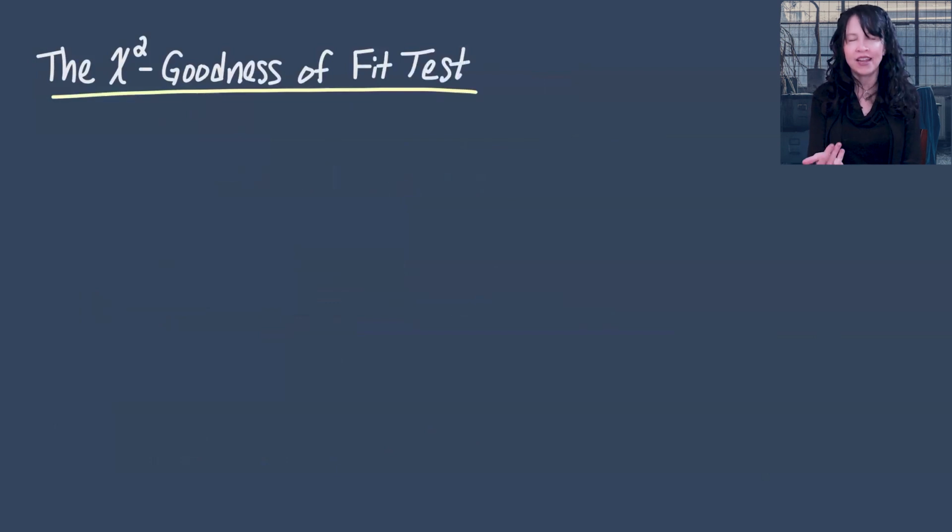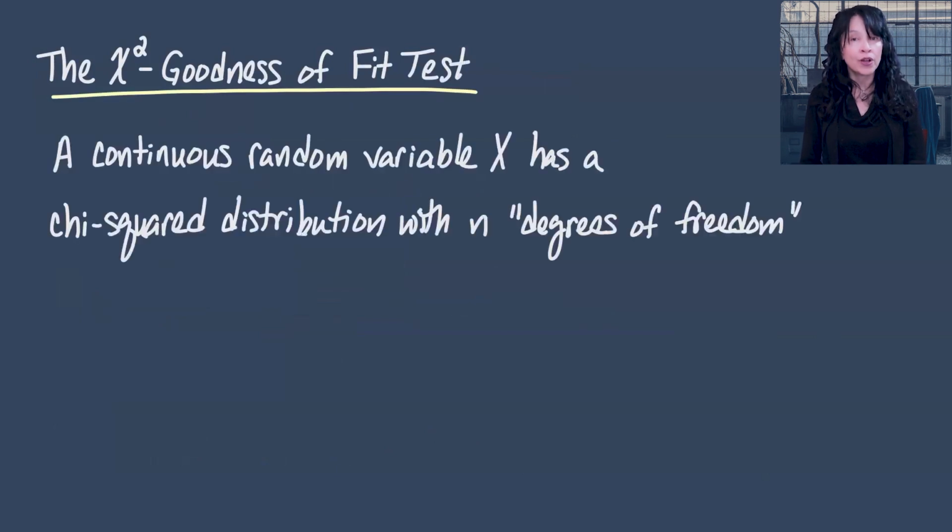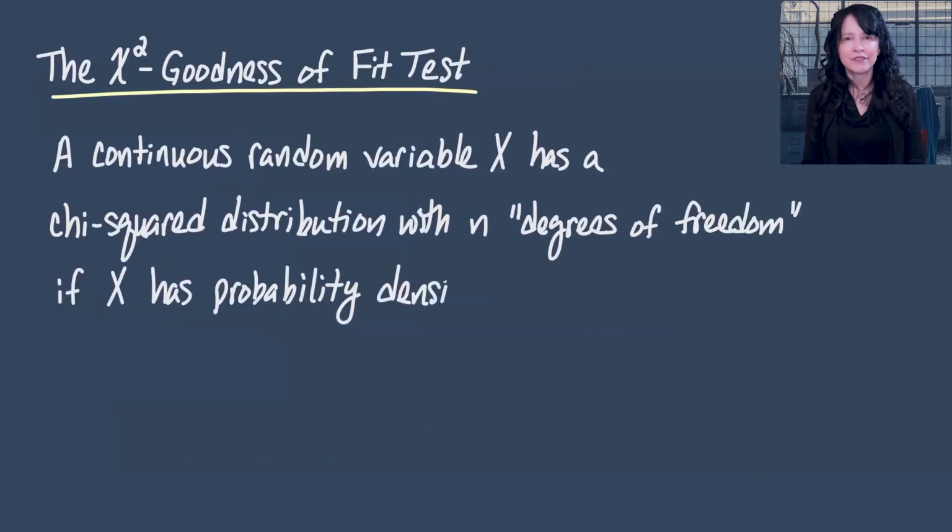If you know about that, you've probably already heard of a chi-squared test, but if not, a continuous random variable x is said to have a chi-squared distribution with n, and n is a positive integer, degrees of freedom. And that's just a parameter. So it's like p for the Bernoulli distribution or mu and sigma squared for a normal distribution, and has the name degrees of freedom for reasons that I don't want to get into today. It's just a parameter. But x has a chi-squared distribution with n degrees of freedom if it has the following